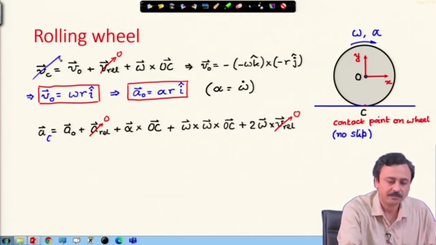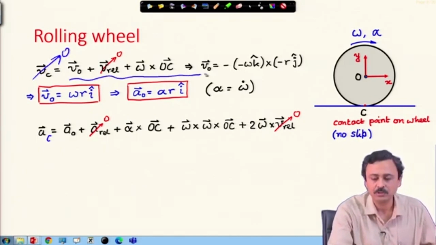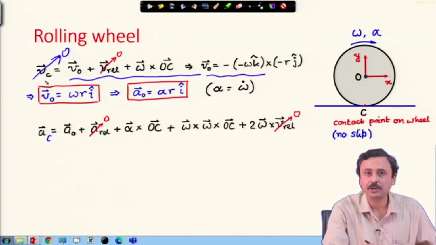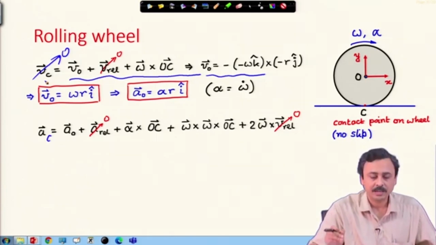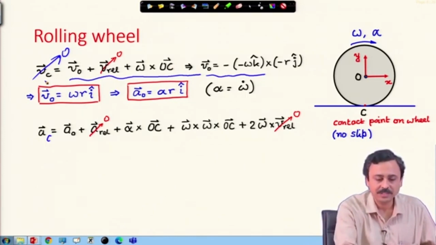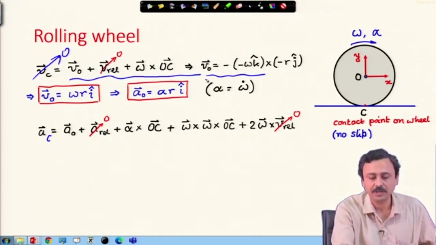So, velocity of C is actually 0, and that is how we have used and found out V naught. Vc is 0. Why? Because it is in contact with the ground, ground has 0 velocity, it is not moving, absolute velocity of the ground point is 0. Therefore, Vc is 0, that is equal to V naught plus Vrel, which is 0 plus omega cross OC, and because this must be 0, therefore V naught